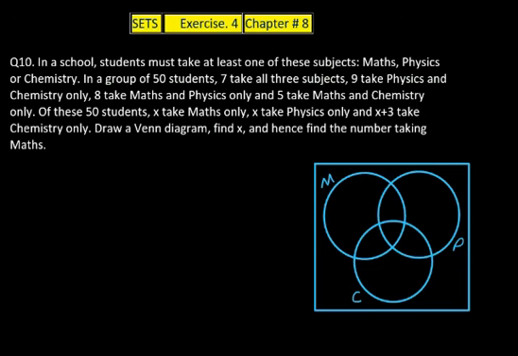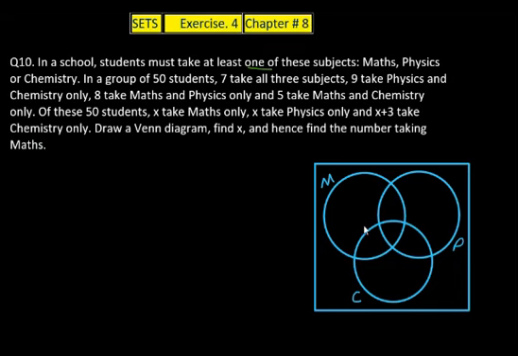Right, so in question number 10 it says, in a school, students must take at least one of these subjects, math, physics or chemistry. Now guys, this line tells us a lot of things. First thing, there are three sets or three circles: math, physics and chemistry. Second thing is that it says students must take at least one of these subjects. It means that none of the students lie outside of these three circles, so all values lie within